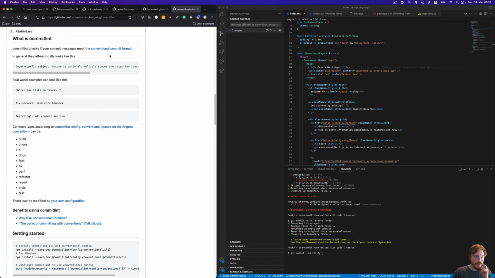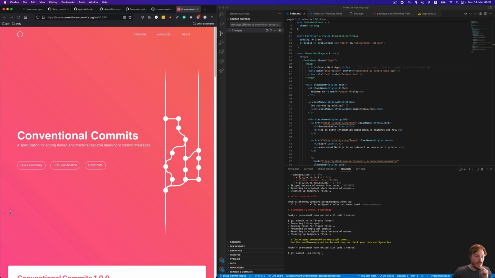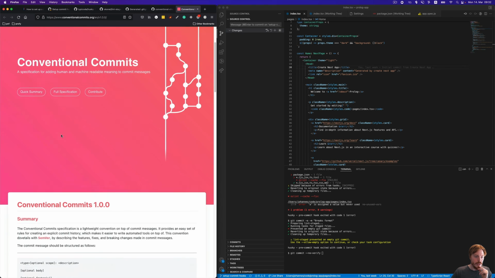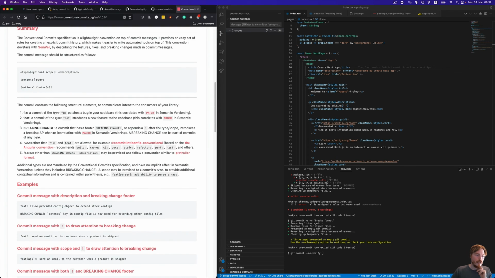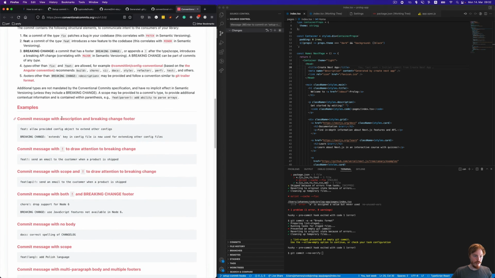And where can we find more information? So I guess this is a good link here. Conventional commits. Yeah, so here you always have to define a type, which is like a fix or feature, and then scope and the description, and then some optional body and a footer. So commit messages would always look like this,